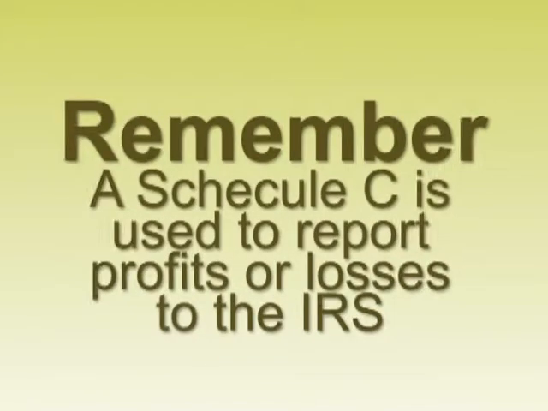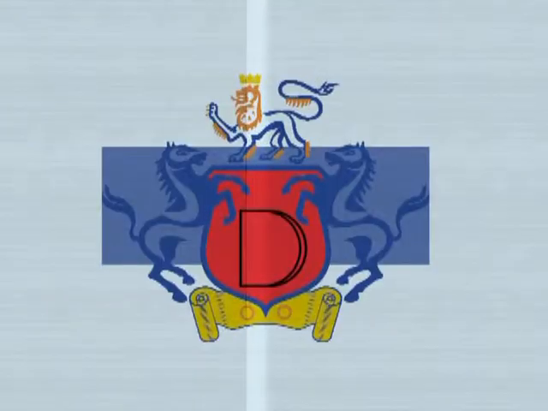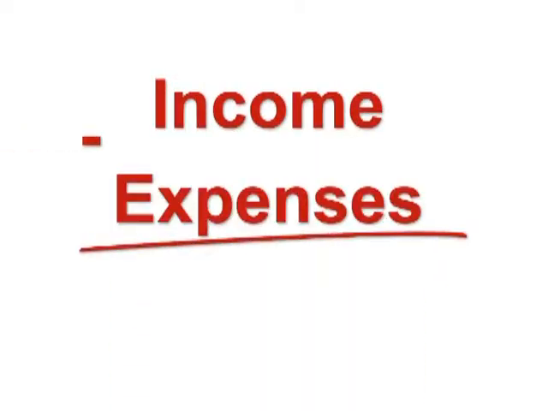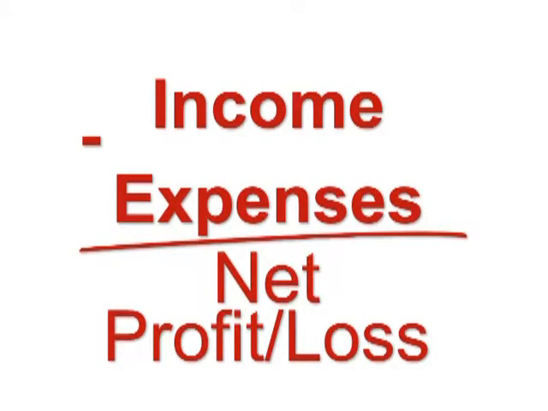Remember, a Schedule C is what we use to report to the IRS the profits or losses of our business. On a really basic level, it means we take all of our income. And income is defined as anything of value that your business receives for the goods or services that you have sold. And from our income that we have generated, we take away all of our expenses. In business, expenses are defined as any money that you've spent that was ordinary and necessary for the growth or continuation of your business. So, when we subtract our expenses from our income, we then come up with what the IRS calls our net profit or our net loss.